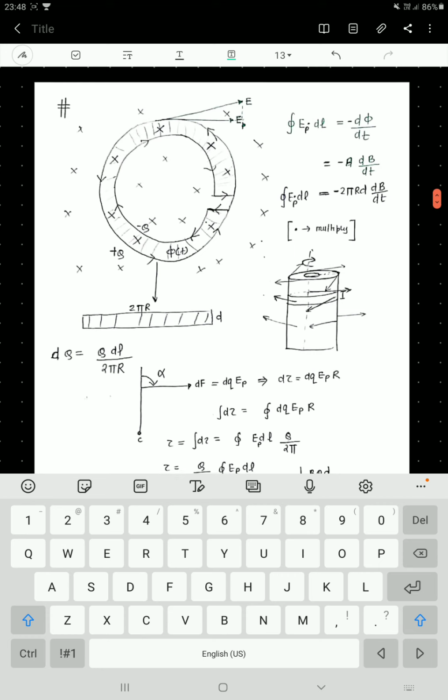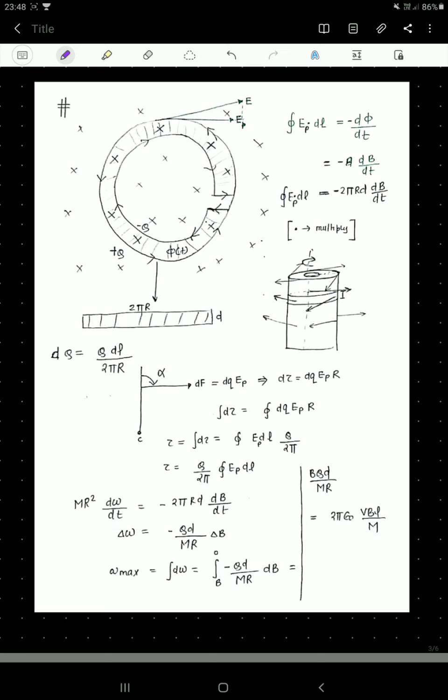The second part says: what will happen if the magnetic field is switched off? If the magnetic field is switched off suddenly, the magnetic field will be a function of time. Why this? Because earlier at t equal to 0 it was existing, and at some t equal to t it just disappeared. So here we will consider the two cylinders. Again we are seeing the top view, but here we are seeing them as a closed loop.